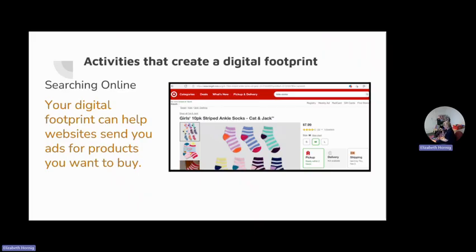However, some people are uncomfortable with websites learning so much about them. This is especially true if you have to search online for information about private topics like your health. This is an example of unintentional digital footprint. So in this slide, we can see that